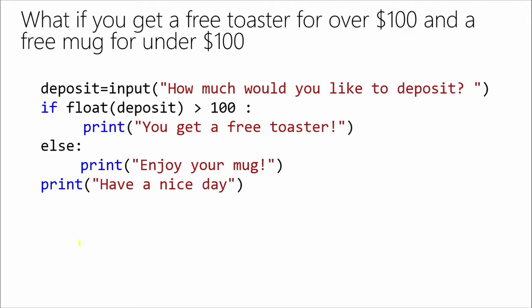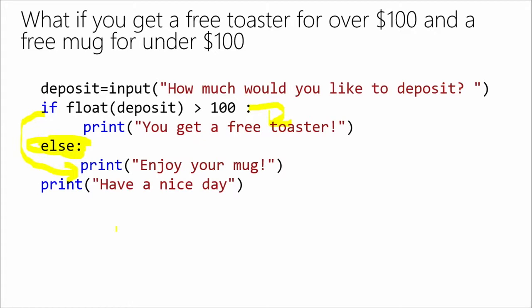So there is a special syntax we use. You use the keyword else, and you have to remember that colon after it. And this code will only be executed if the condition is not true. So in this situation, if they have over $100, it will execute and give them a free toaster. If it is not over $100, if that statement is not true, then it jumps down and runs the code in the else statement. And it's important that the code inside the else statement is also indented so it knows what is the code to execute when the condition is not true.